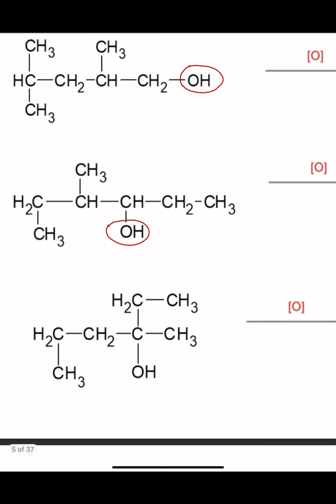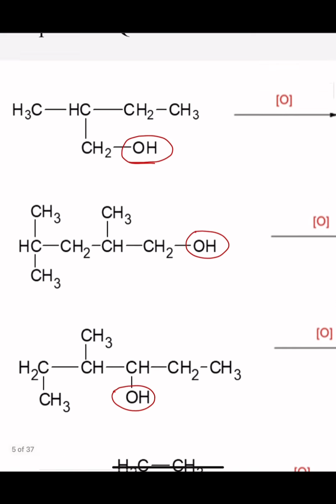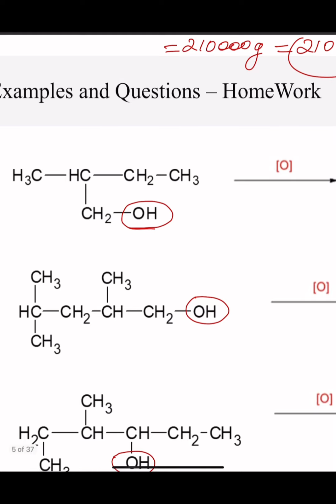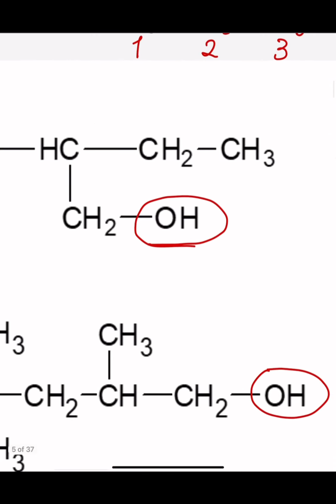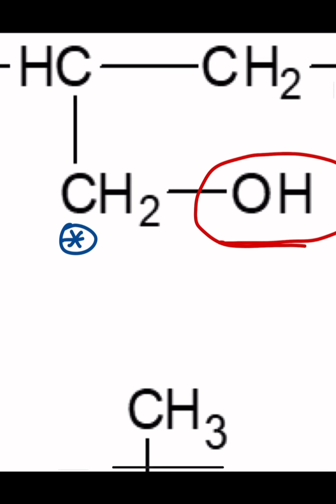Just OH, okay? Now, we need to find what kind of alcohol it is. Is it primary, secondary, or tertiary? In order to find this, you're going to look at the carbon that is holding the OH group, which is this carbon, right? Now, if this carbon has 2 or more hydrogens,